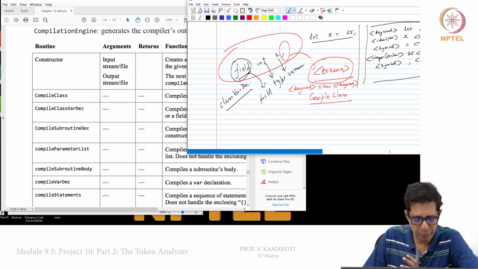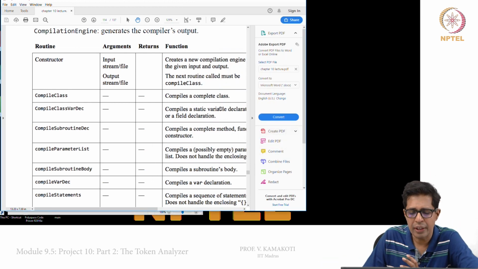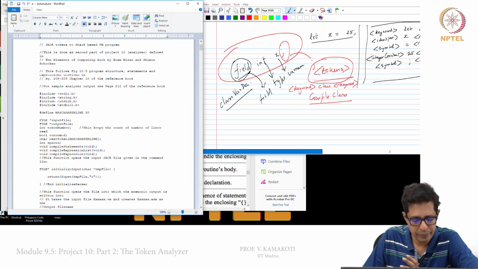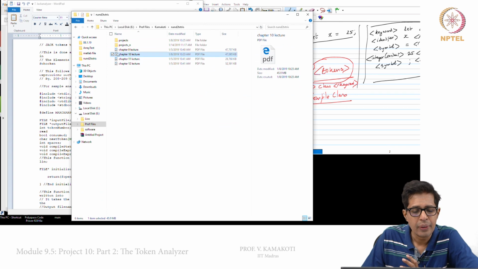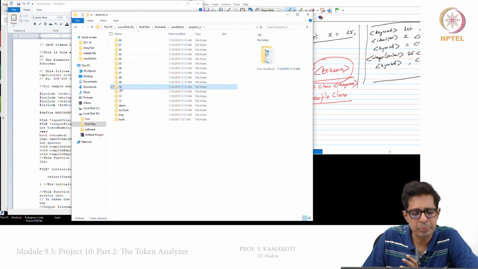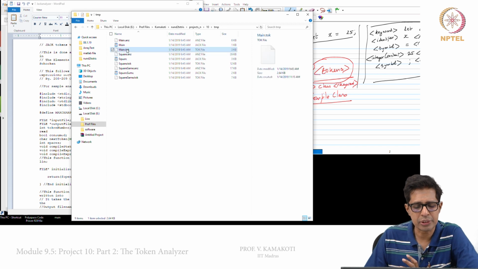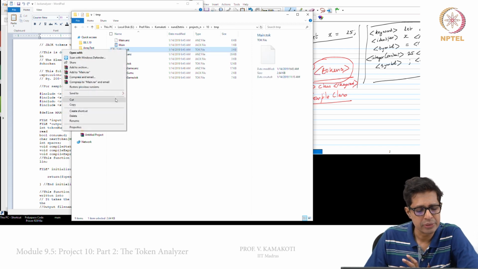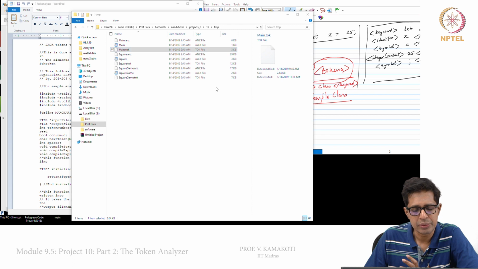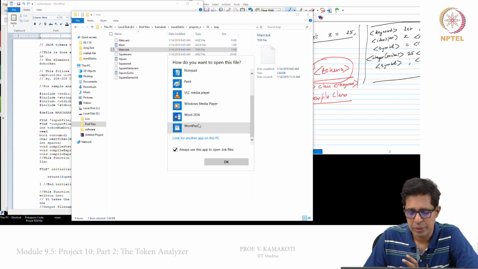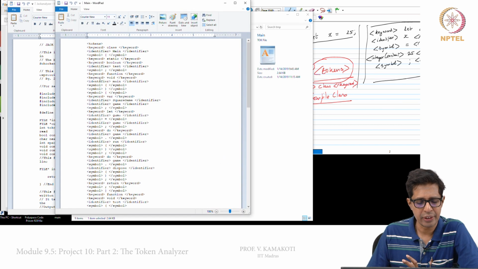So let us even see one example for this, from whatever we have done previously. I am opening one of these token files.